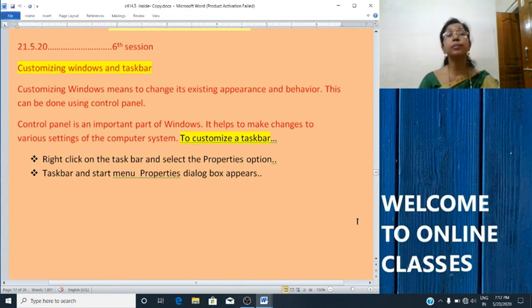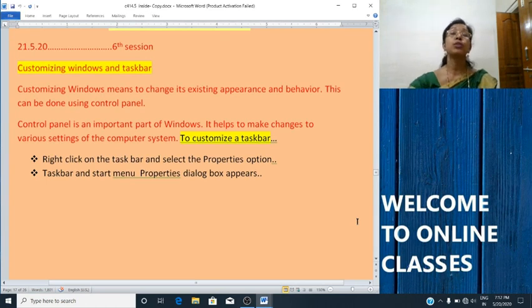Customize is the term used to personalize a task or an activity as per our requirement. So customizing means to personalize a task or an activity as per our requirement. Using the control panel, we can customize our taskbar. We can change our taskbar as per our requirement.